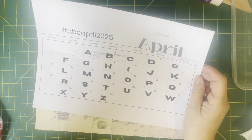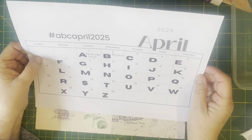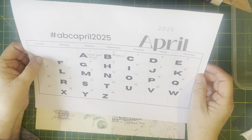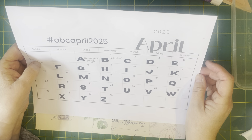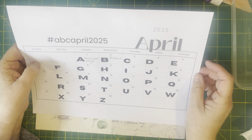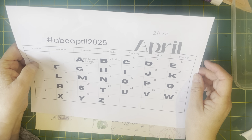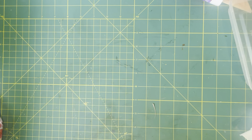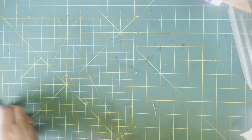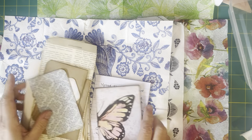Today is the 6th of April, and I know it's not a day that we should be doing ABC April, but I am going to do D today, which is decoupage. I just changed my mind because I didn't realise that we had Sundays off. I'd forgotten about that. So we're going to do decoupage, and here I have a lot of things that I